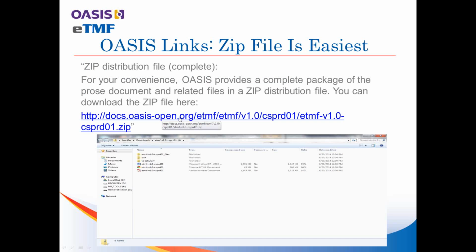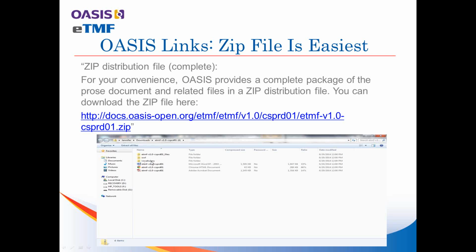So when you talk about going into the zip file link, you'll find the information shared with the TMF reference model via the email from Karen Roy includes this link. And when you open up the link at the zip file, you'll see that it has multiple documents. And the document that will probably be of greatest interest to the TMF reference model is the vocabulary folder.